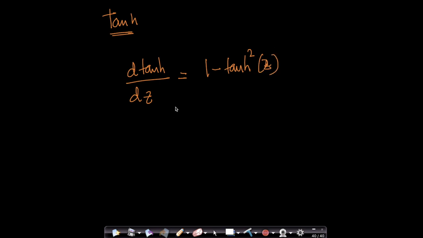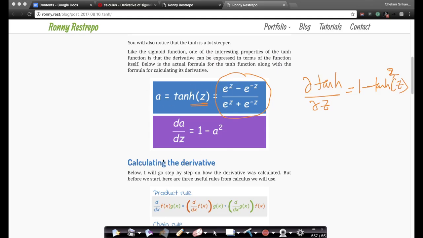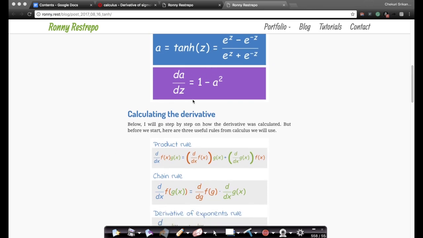Okay, so let me write it here. The derivative of tanh(z) is equal to 1 minus tanh squared of z. So even in this case, the derivative of tanh is represented in terms of tanh itself. It's 1 minus the square of the tanh, basically. Okay. So here there is a more detailed derivation of this whole thing, and you can see the derivation